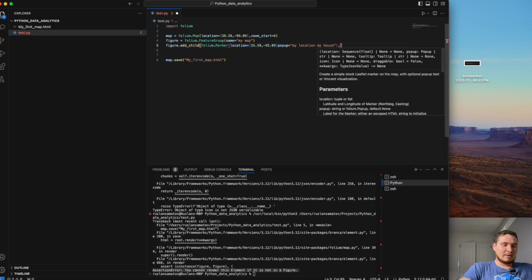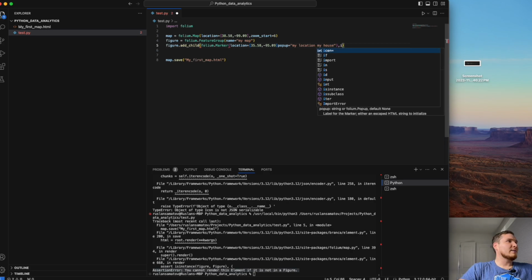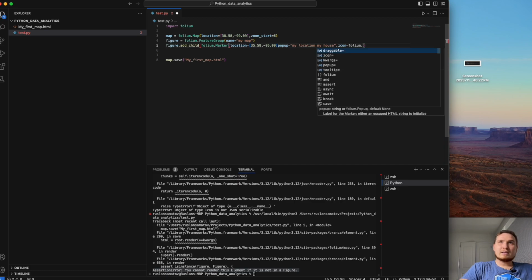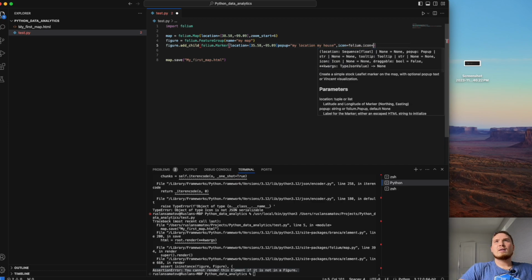And the second parameter we want to create is icon. Icon equals Folium. I don't need this bracket here because it's one constructor, one method under which we are passing all the parameters. Icon. Oh, wait a second. Popup. I missed a comma.